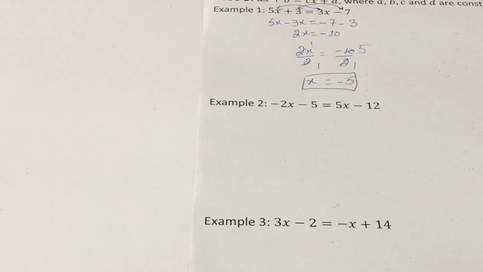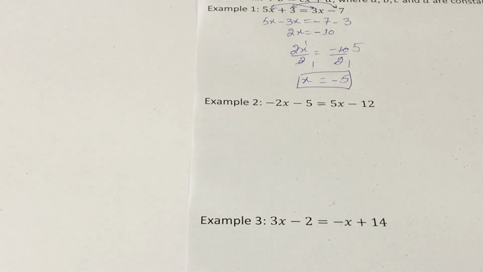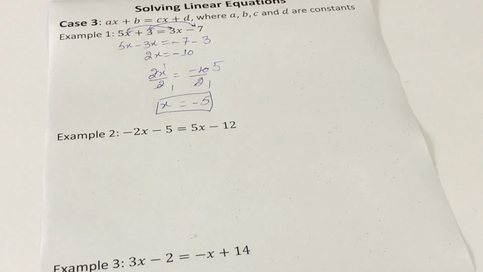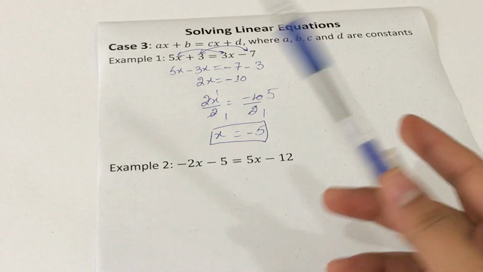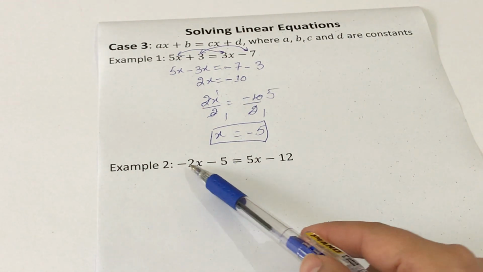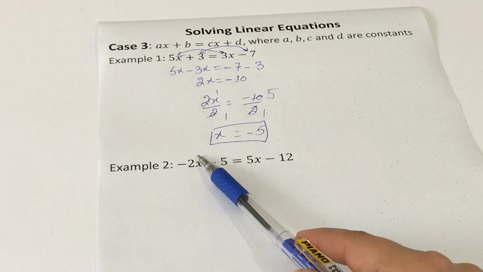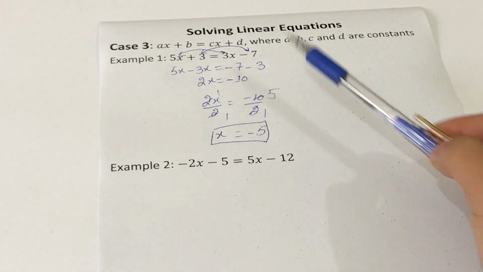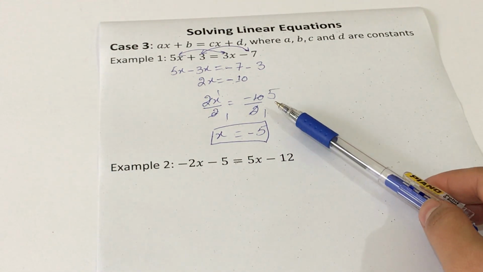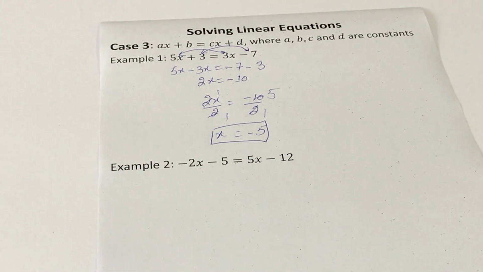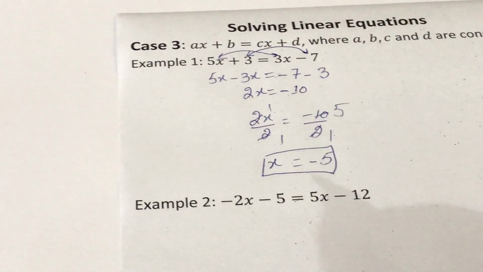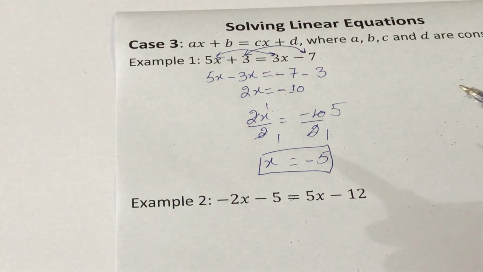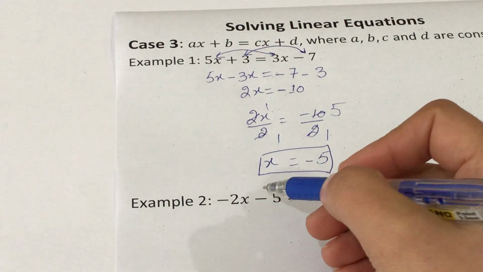In the second example, you can see in this example there is only one difference, that your first term is negative. We will follow the same procedure that we were doing in our example number 1, right? First thing you have to do, you have to identify your like terms, the terms with the same variables.